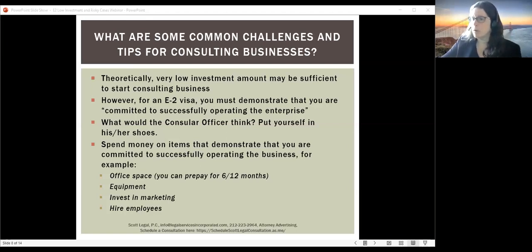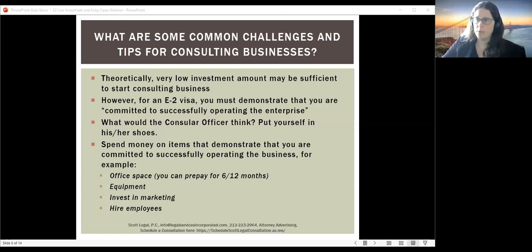You can invest more in marketing than you initially planned. Perhaps you hire an employee earlier than you planned. Maybe you wanted to hire an office manager in the 4th month of year 1 of operations, but you hire them before you apply, so you can pay them for a little bit. They can get your office set up for you. And then you can include any amount that you spend to pay them and any ancillary expenses related to that. So if you have to set up payroll, you need to get insurance, all of those types of things,